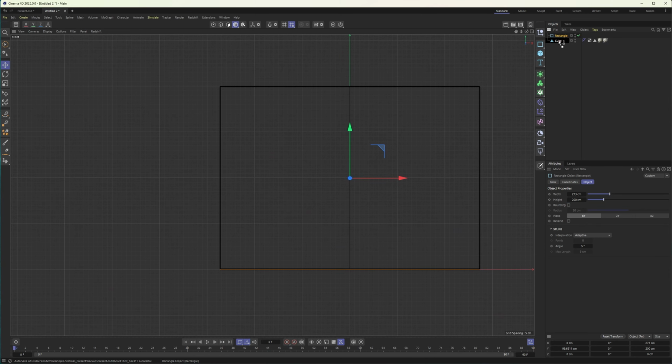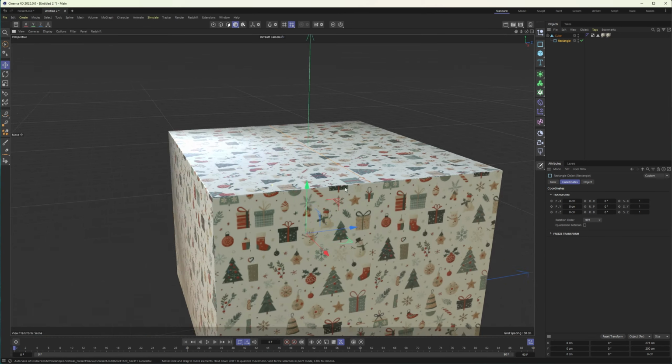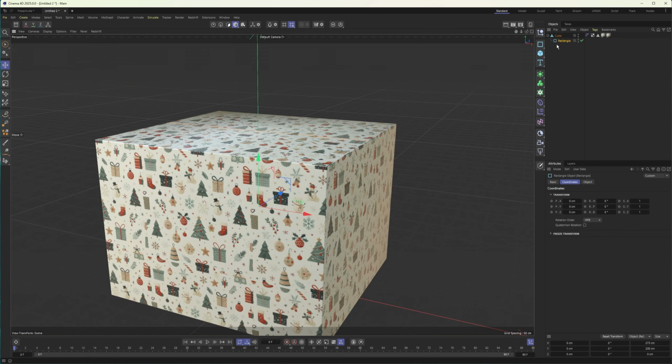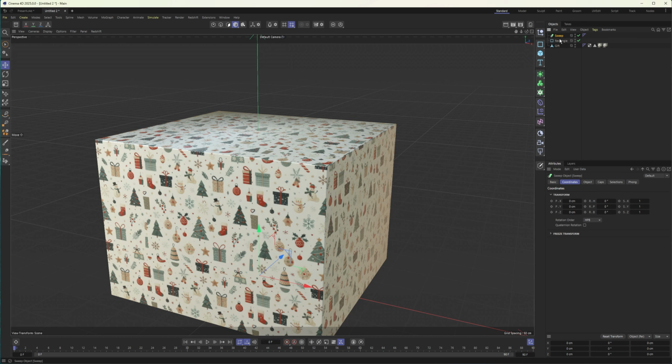And at this point, I'm actually better off just taking the rectangle and making it a child of the cube really quick, just so I can zero out those coordinates. So that way now we have this perfectly sized around it, and that's going to allow us to wrap the ribbon around this very precisely. And the way we're going to do this, let's call this gift, is by using a sweep. So I'll come over here to my generators, choose our sweep, put the rectangle in there,